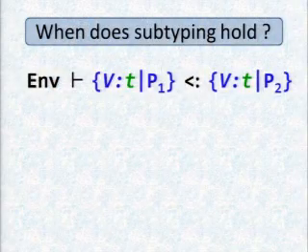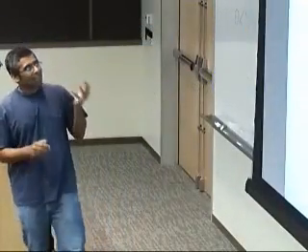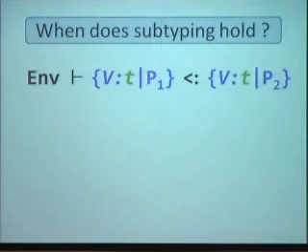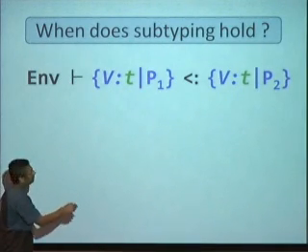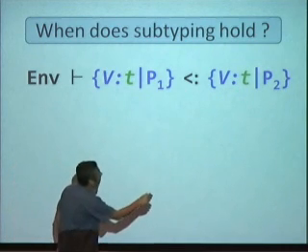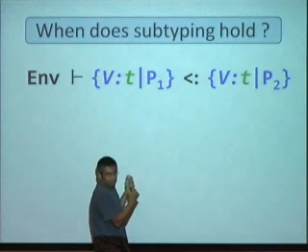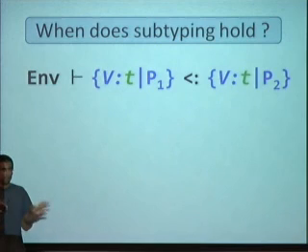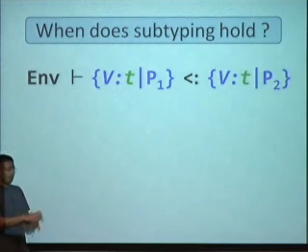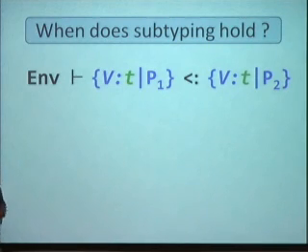Before we can think about solving these flow constraints, let's ask ourselves, what does it mean for a particular subtyping relation to hold? When is it that in some environment env, some v of type t such that p1 holds is a subtype of v of type t such that p2 holds? Notice, by the way, that these two t's must be the same. The type system is going to give us that whenever we generate constraints, if the program was a valid program in just ML or the underlying type system, the two shapes of the values must be the same. You never have an integer flowing into a string.